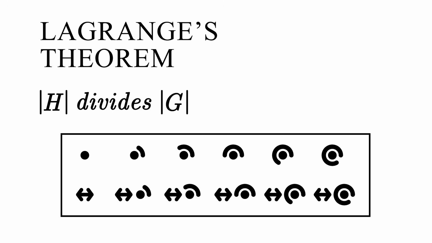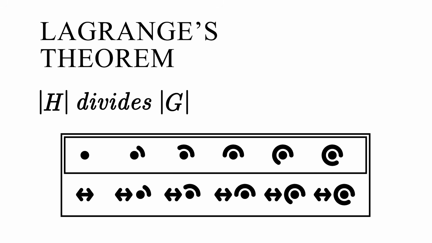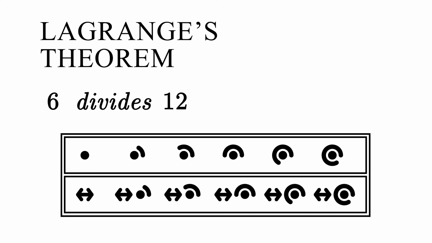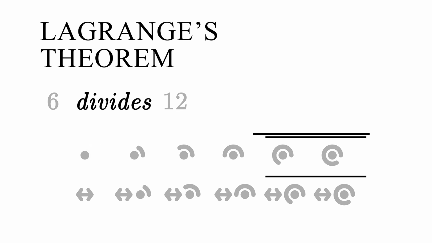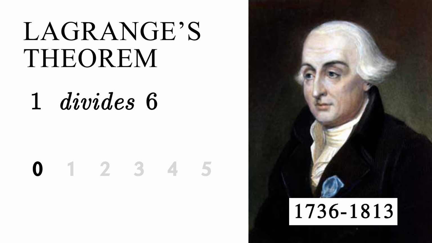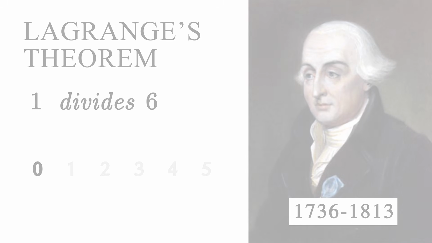D6 has 12 elements and the subgroup of rotations has 6. Because we have now rigorously proven that the rotations partition D6, 6 has to divide 12. Or if we take a look at the cyclic group with 6 elements, it has subgroups of order 3, 2, and 1. And there cannot be subgroups of order 5 or 4. Fun fact about Lagrange's theorem: Lagrange died before group theory was even invented. Makes you wonder how he got his name attached to a group theory theorem. It's complicated. And it's not like abstract algebra is known for good naming.